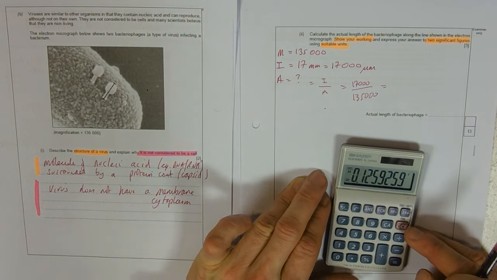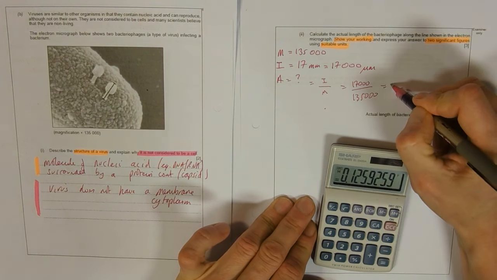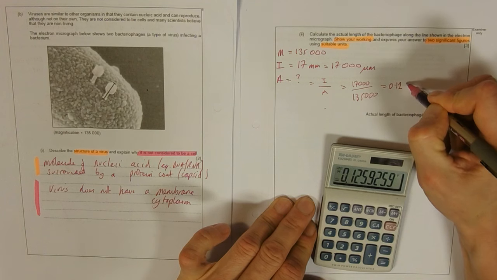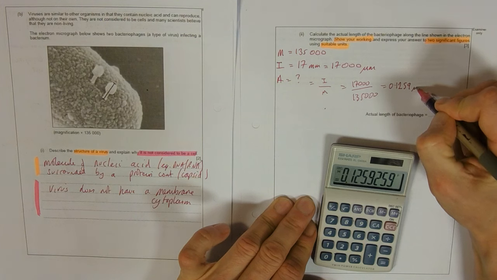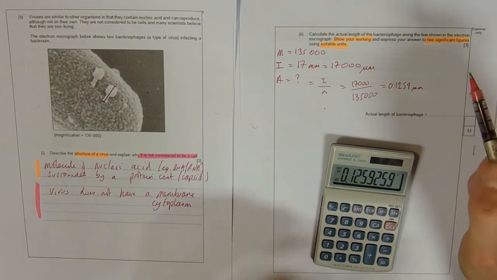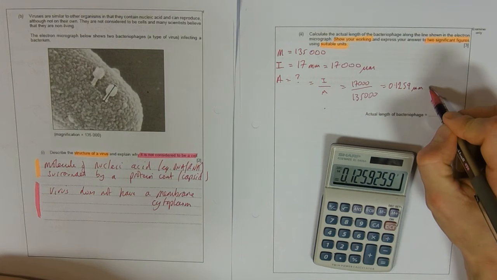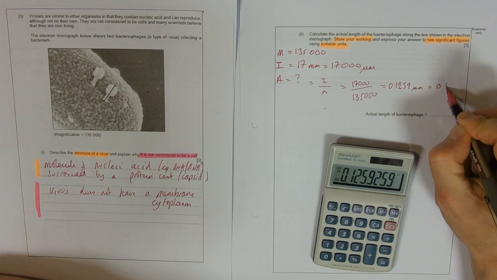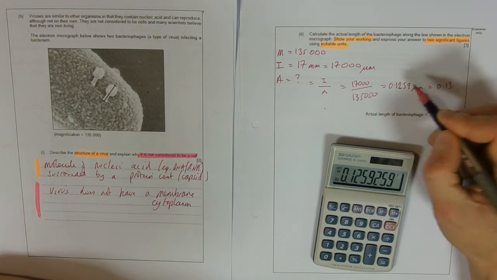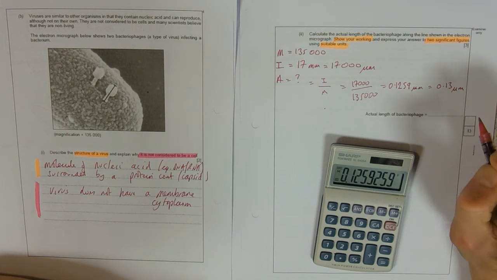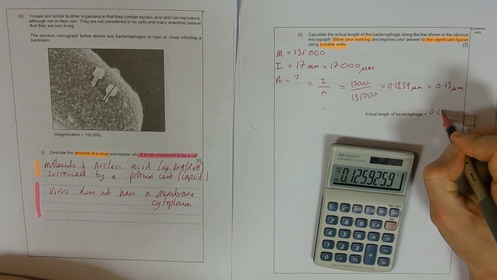So my answer is 0.1259 micrometers. And now it wants 2 significant figures. So I'm going to go 0.13. So I'm going to 2 significant figures there. That's the 1, 2, and the next one's 5, so I'm going to have to round it up. Micrometers, and that's what I'm going to go for. I think that's fairly sensible. 0.13